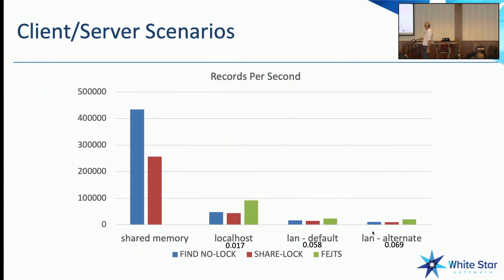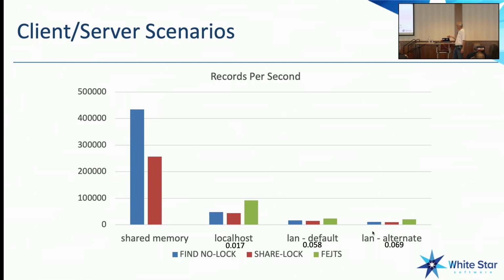And one of the best things that you can do, well, we'll get to that. So comparing shared memory to client server really is pretty radically different. You can run 400,000 records per second in shared memory, or you can do a couple thousand on localhost. The difference is enormous. If you have to be client server, the thing that'll make the most difference is your